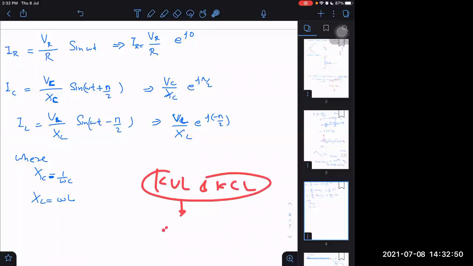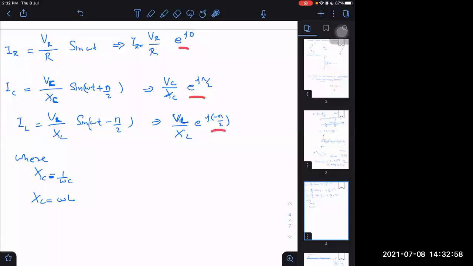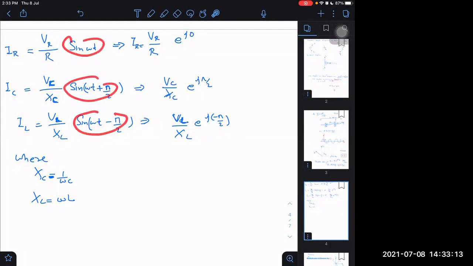Only change that I have to make is I don't have to take this magnitude wise, but I have to take this like vectors or like complex numbers. If I do that, then KCL and KVL will still be valid. We can easily prove it. Right now I'm telling you without proof, but we can easily prove that KCL and KVL will still be valid. So does it not offer us an advantage? It is difficult to deal with such quantities, but it is easy to deal with just adding complex numbers, right or not? Therefore, we will change it into complex number form while solving. And let us further verify, is it right or something we are doing wrong?